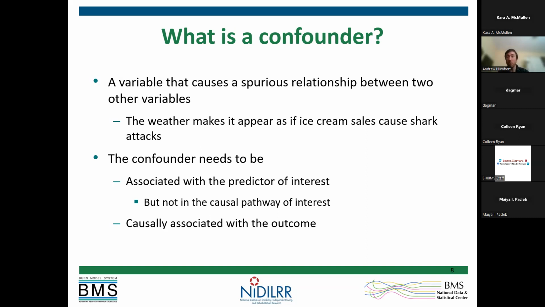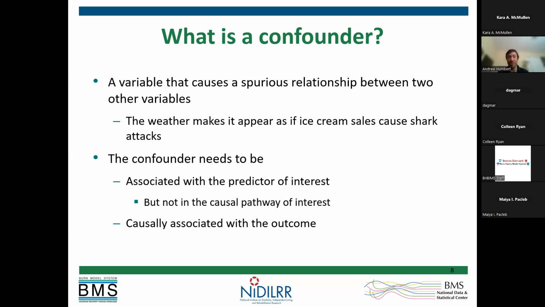But what we do need is that confounder to be causally associated with the outcome. So we really do need to believe that the confounder is causing this outcome to happen. And in this case, that weather, that seasonality is causing shark attacks, not necessarily directly, not just because it's warmer, but because that warmer weather is changing people's habits, but that's still a causal pathway. Warmer weather leads to more people swimming, which in turn leads to more exposure to sharks, and then leads to more shark attacks. So it doesn't have to be a direct link. There can be an indirect path, but we have to think that there is a causal path there somewhere. And these are all often thought of as more theoretical, conceptual models, right?